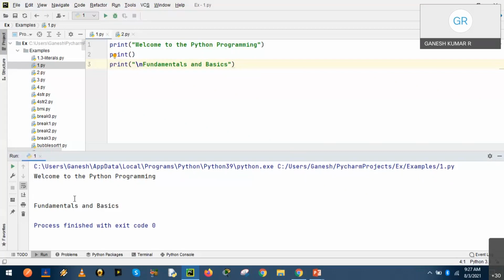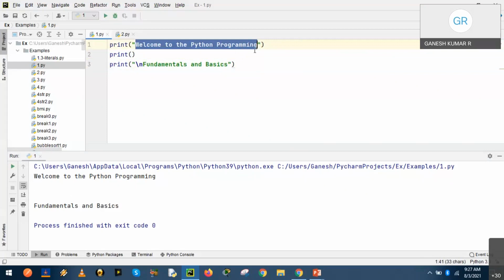Is it clear? And it is worth trying the print function with more than one argument. So it is a single line statement, a single argument enclosed between double quotes. We can introduce more than one argument. For example, "welcome to".